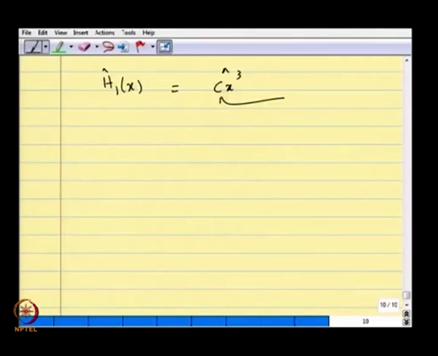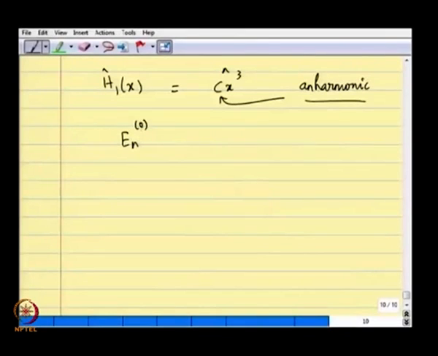It is the small quantity which is responsible for the oscillator being slightly anharmonic. Okay. Then one can calculate the corrections to the harmonic oscillator energy En0 due to this perturbation H1